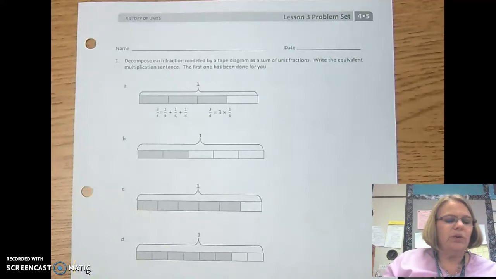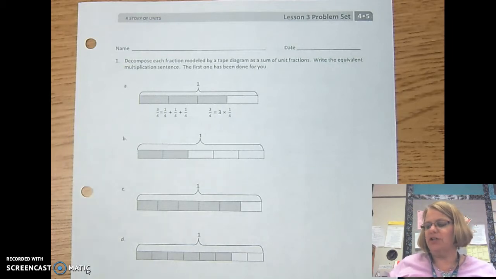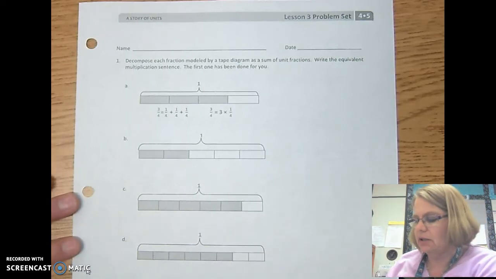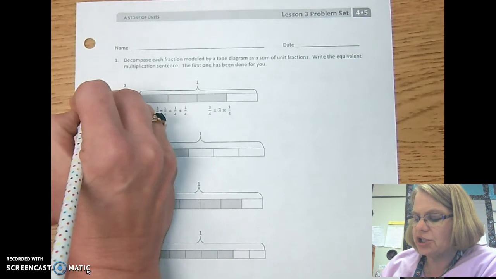Hello, and this is lesson 3, and today we are going to work on representing a fraction as a whole number times a unit fraction. Now, you're probably wondering, what does that mean? What's a unit fraction? So I want you to take a little bit of notes here first before we even get started. A unit fraction